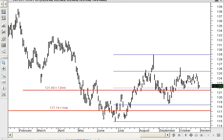Looking at the supporting charts, I spent a lot of time looking at the various controlling prices for TLT on various time frames. There are lots of important levels around here, so we seem to be just ranging recently. 127.50 up here is an important value area high. We probed above it. We've retraced back with some oscillating. We're currently holding just above the 12-month time support at 121.40,